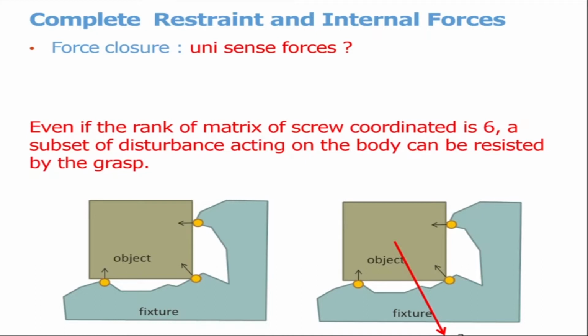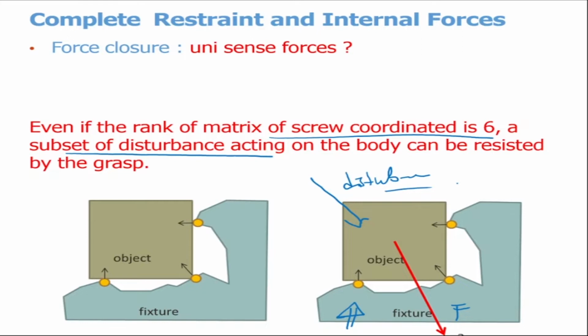Now what is force closure? Force closure is, suppose you're holding an object using a 3-point contact with friction. Okay, and if the rank of the matrix of the screw coordinate is 6, then it would appear that the object can resist all kind of disturbances that are going to come in the body, but that is not so. So in this particular case, it can only resist a subset of disturbances acting on the body. What it means is that you can see this very clearly from this figure on the left and the right. So on this figure on the right hand side, if I put a force in this direction, let's call this a disturbance